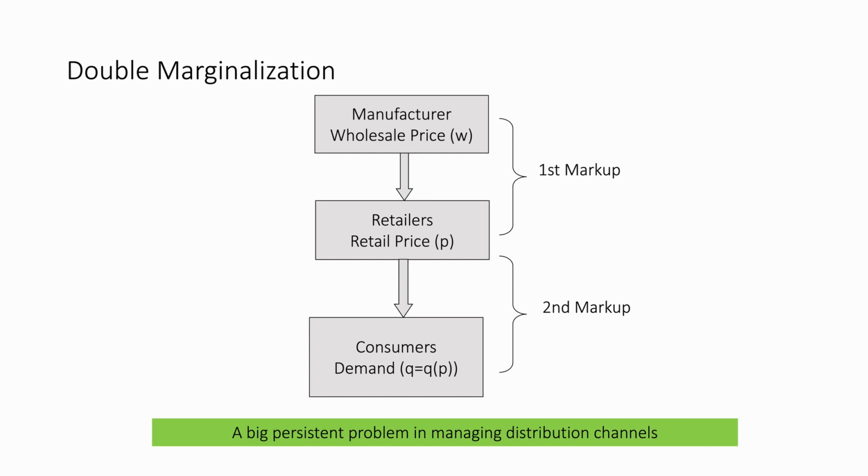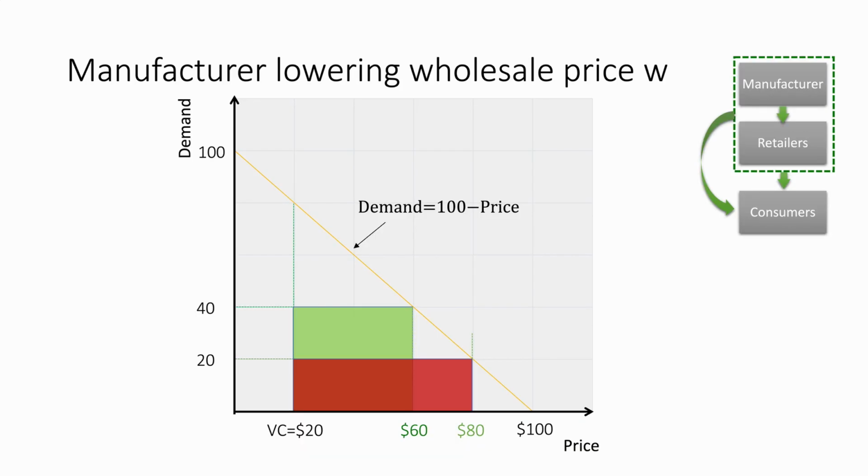Alternatively, if they were acting together, they could split the $1,600 in a different way such that the manufacturer would get more than $800 and the retailer would get more than $400. Both of them would be better off if they coordinate, set a price, and resplit the larger pie from the total channel profit. Now the question, of course, is whether it would happen naturally without some kind of contract between the manufacturer and the retailer. What if the manufacturer lowers the wholesale price?